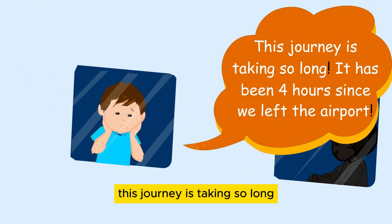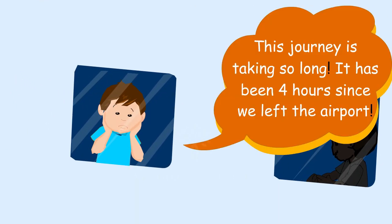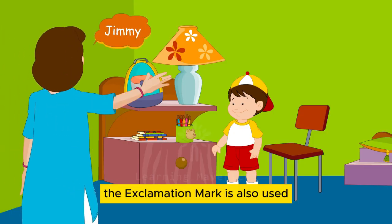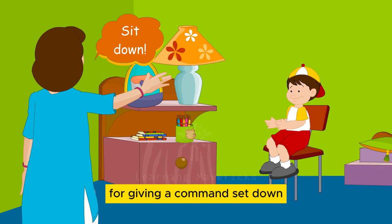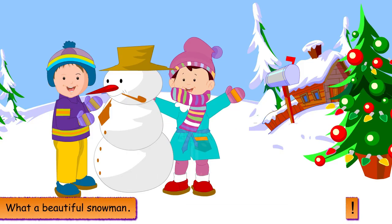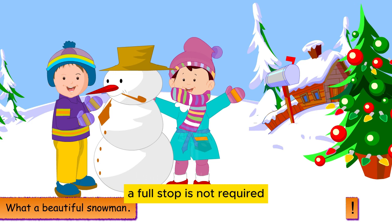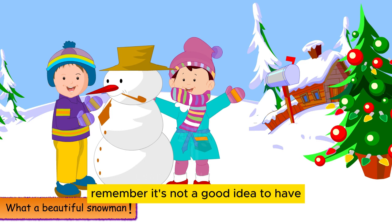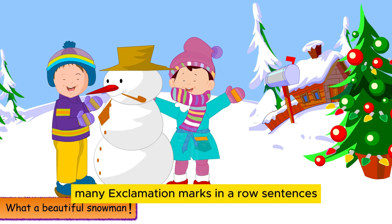"This journey is taking so long! It's been 4 hours since we left the airport!" The exclamation mark is also used for giving a command. "Sit down!" When an exclamation mark is used, a full stop is not required, as the exclamation mark replaces the full stop. Remember, it's not a good idea to have many exclamation marks in a row of sentences, as they